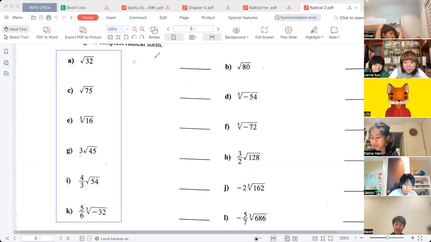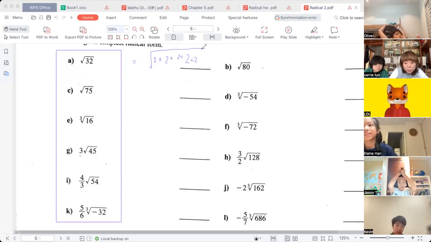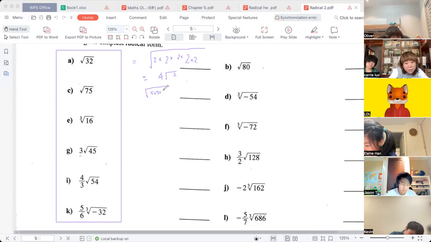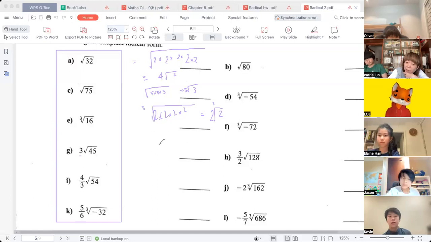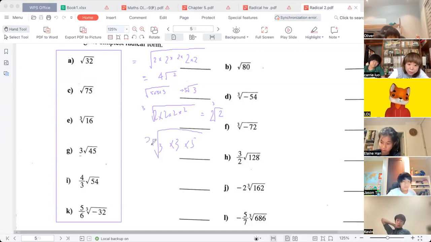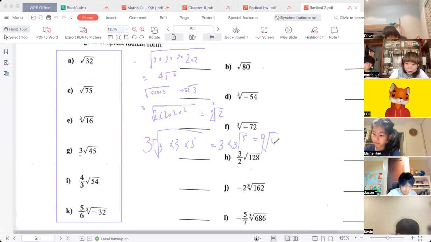OK, so 32 go plus now, 2 times 2 times 2 times 2 times 2 and square root，对不对？好了，等于什么？4 square root 2，对不对？下面 75 等于 5 times 5 times 3 equals 5 square root 3。OK，下面2乘以2乘以2乘以2 cube root. 看清楚啊，有没有人错的啊？这45等于3乘以3乘以5，对不对？这个是把3拿出来，所以外面是3乘以3，然后5，所以等于9 square root 5。